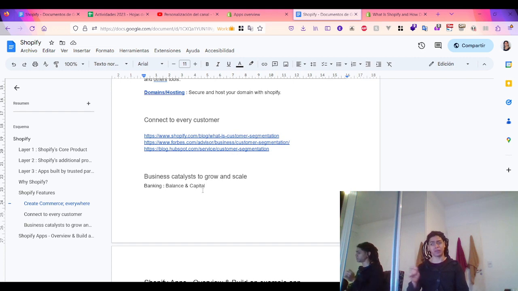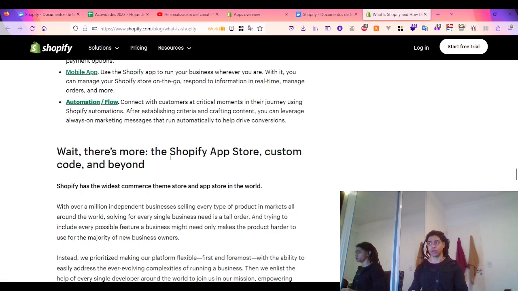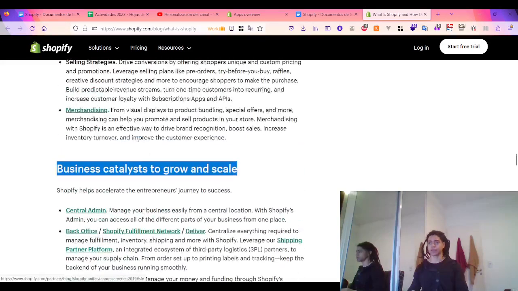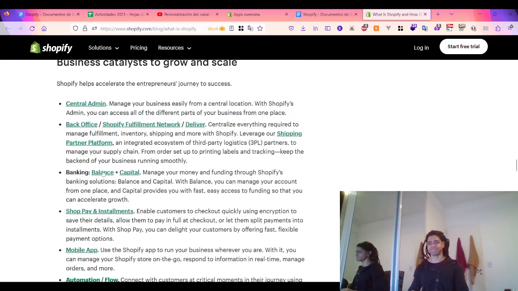Something interesting here is the banking option, right? Where on this blog post, which is where all of this data comes from, they're talking about something called banking. Okay, so banking. You have banking, balance plus capital. So the balance is somewhat similar to PayPal, where you have this online platform that allows you to receive payment and you can keep track of your balance. And capital is for receiving funds from Shopify. Of course,